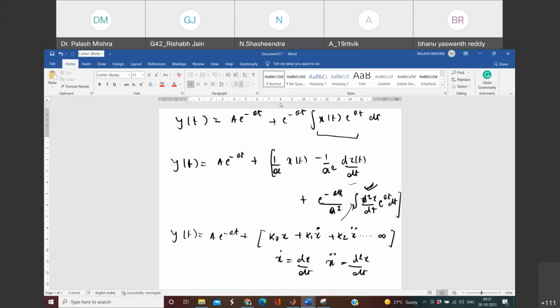However, when you solve the questions, there will be excitations for which the second differential may become 0. Suppose it is t square. So t square you can differentiate only two times. The third time you differentiate, it will come out to be 0. But this is the general solution for solving first order differential equations of a circuit something like this. And it is having the force free response and the force response of the circuit.